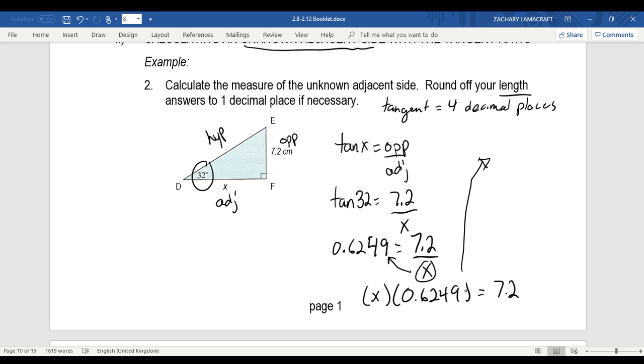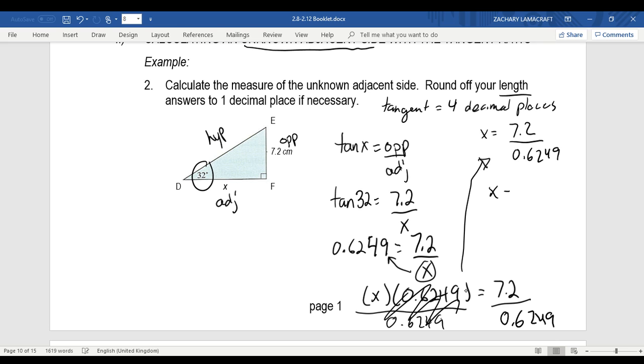Since it's multiplication on this side, to bring it to the other side, we have to divide both sides by 0.6249. So that will look like this. x is equal to 7.2 divided by 0.6249. And if we just did that on our calculator,